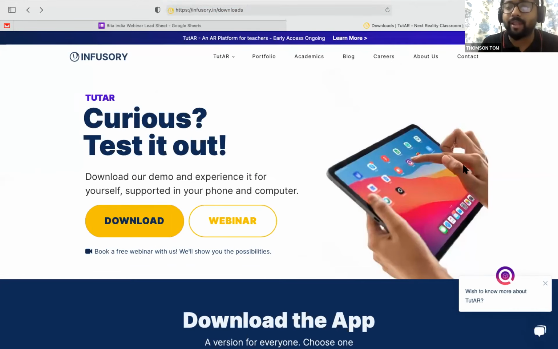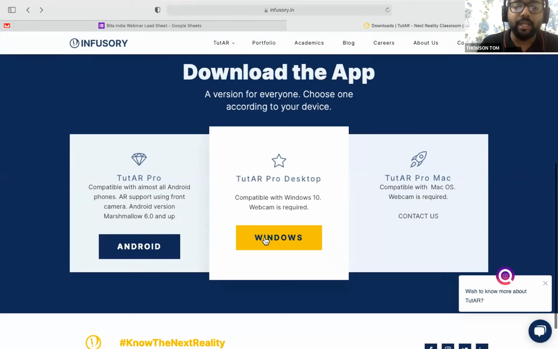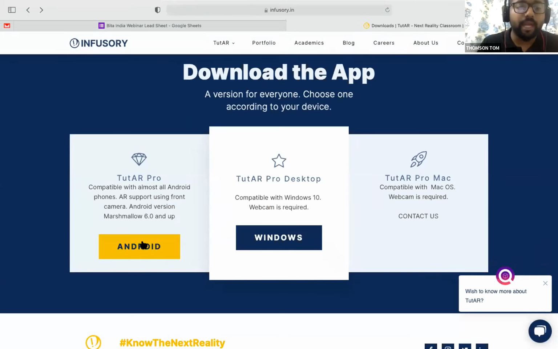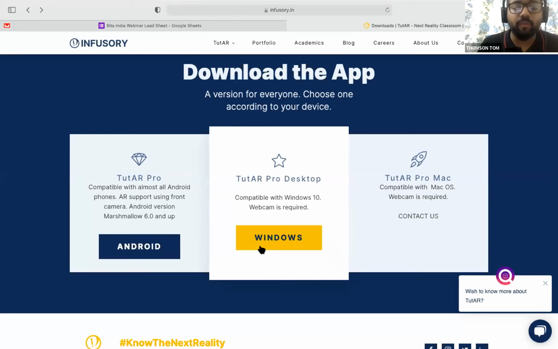Right now I have given the link in the chat, or you can just search Infusory downloads. You come to this page, click the yellow download button. You can click Windows or Android, whichever one you are following. If you are following Android, click the Android button. If you are following Windows, please click the Windows button.